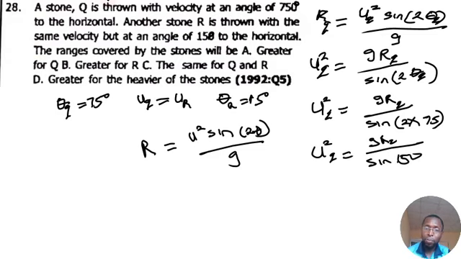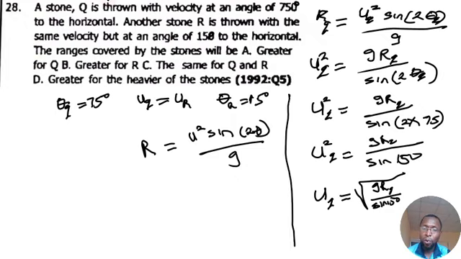Now making u Q the subject of the formula, we take the square root on both sides because there is a square here. So u Q will be equal to the square root of g R Q over sine 150. Now we do the same thing for stone R. We have two stones, stone R. Applying the same formula, we can easily say that